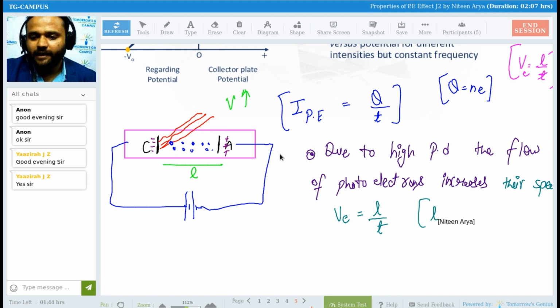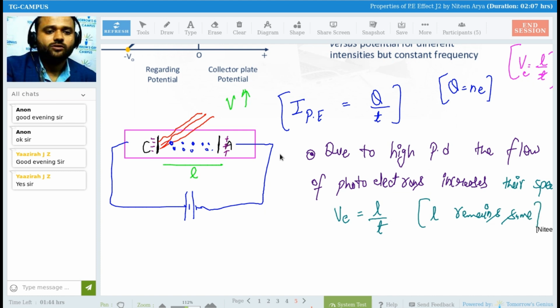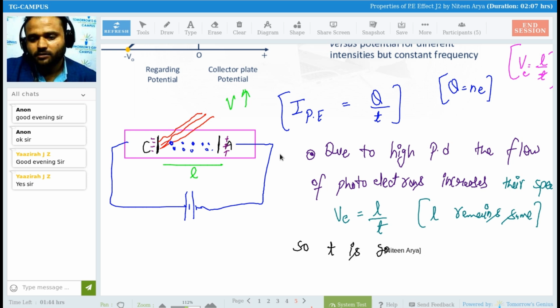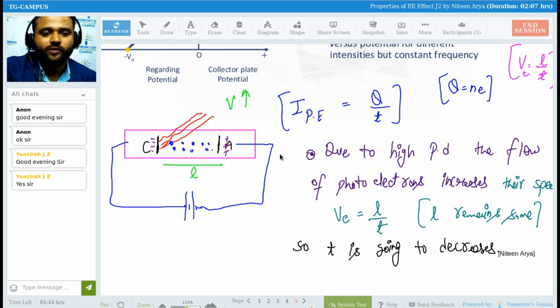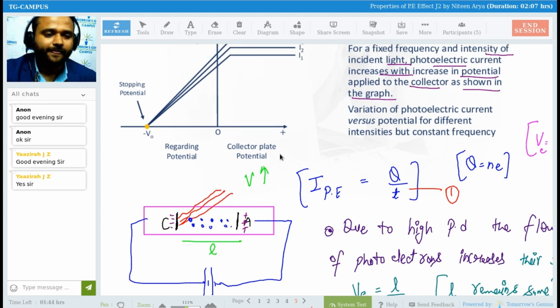L by T. L remains same. So automatically T is going to decrease, as simple as that. And when T is going to decrease, so automatically from equation 1, I is going to increase. Clear? I'm not going to write everything line by line, but it is quite general to understand,